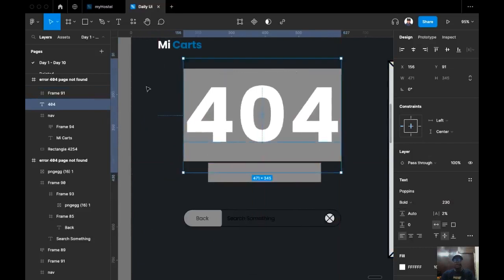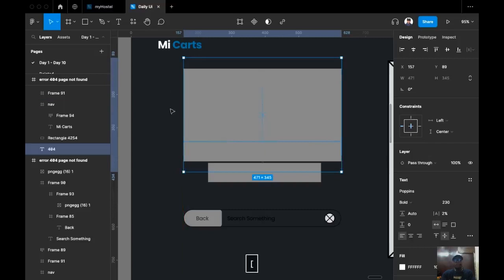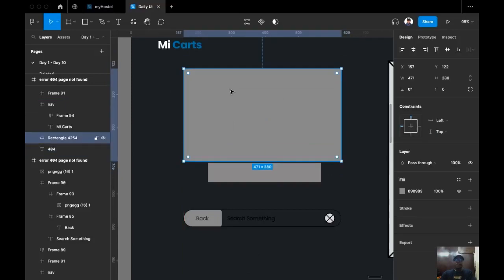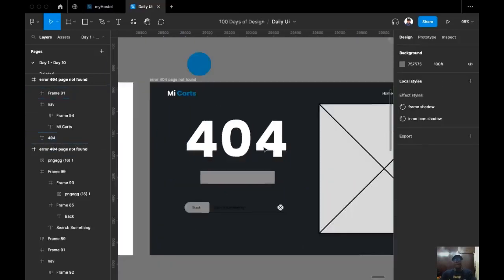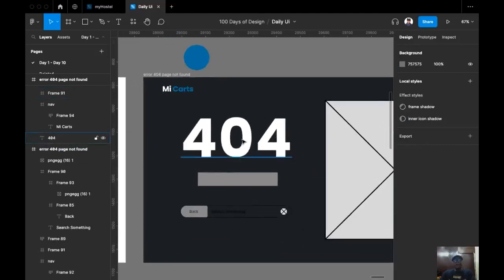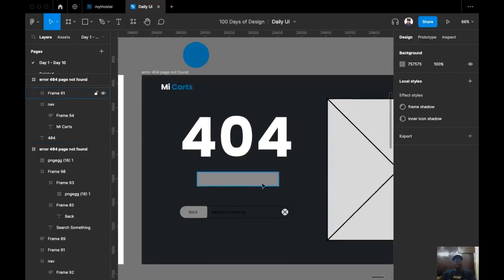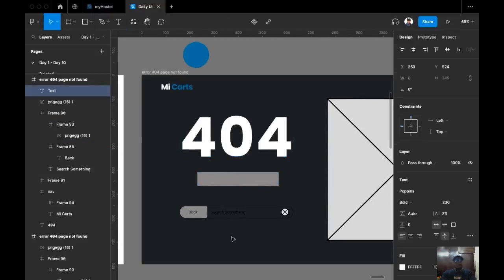To delete the background, as in the something we are replacing, I'm going to send this to back by pressing open curly bracket so that I'll be able to select the one I have here and delete it. Also, whenever you see an error message like this, when you see 404, it's either you see page not found or something else. But it's better we put something that will give users some hope. So it shouldn't be just page not found. What we just need to do, for example, we can give a word or some phrase and say,